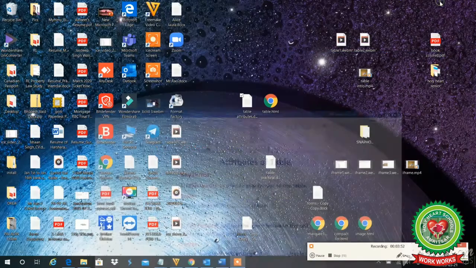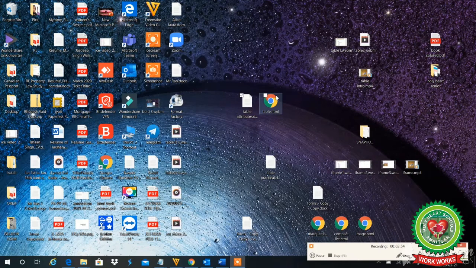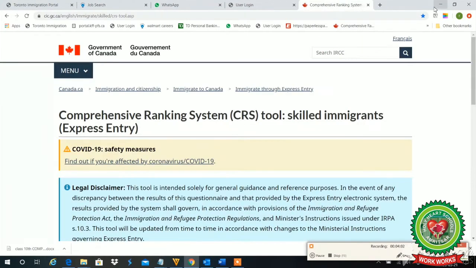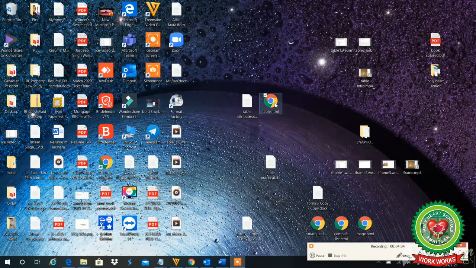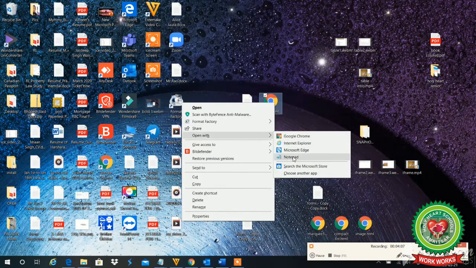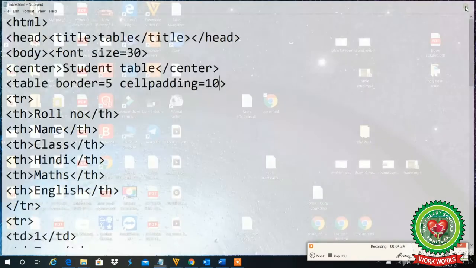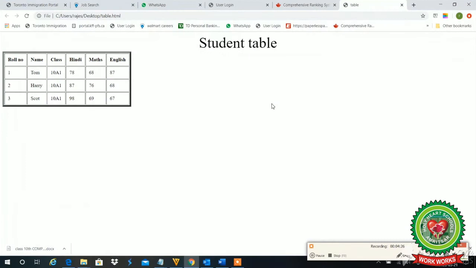Now see it practically. We will open the table in the output window. See, my contents are near to each other. I want to space them with the cell padding. For that we will open our notepad and we will write after border cellpadding as one word. Let's suppose I want the cell padding to be 10, 15, 12, whatever I need. I'll save my work, I'll close it and see the output.